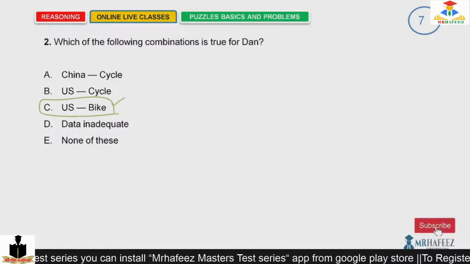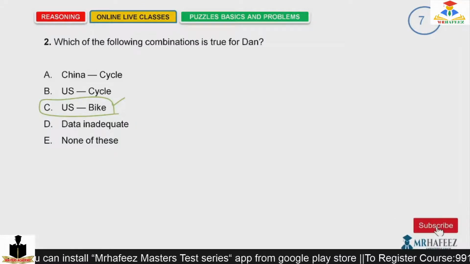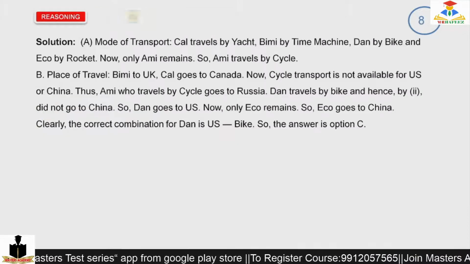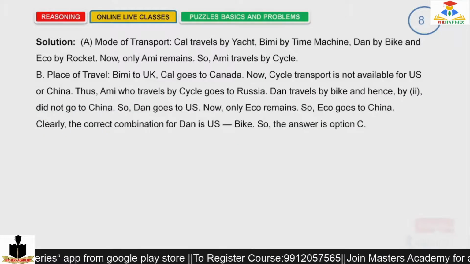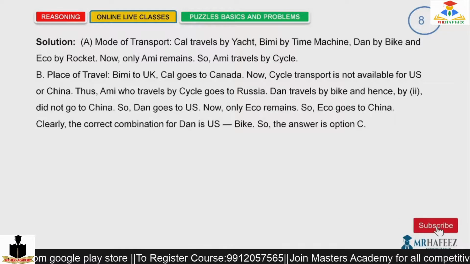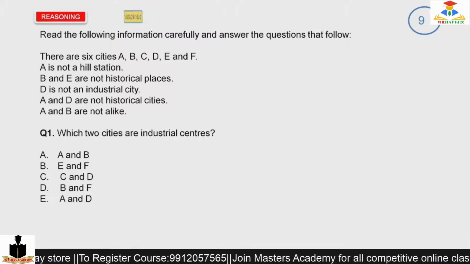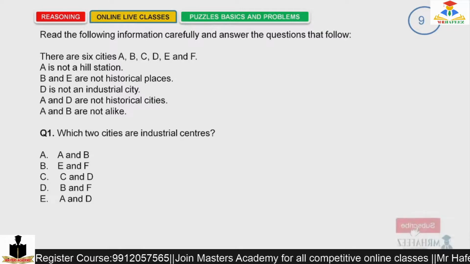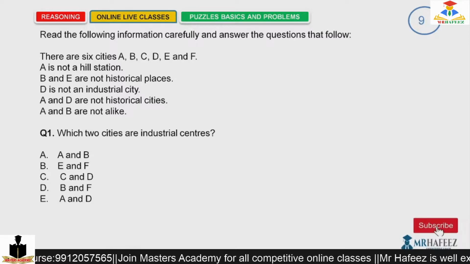So this is our combination. Yes, very good, Madhavi. So moving ahead, this is just a way of solving it. Explanation, we'll move forward. So this is again, read the following information carefully and answer the